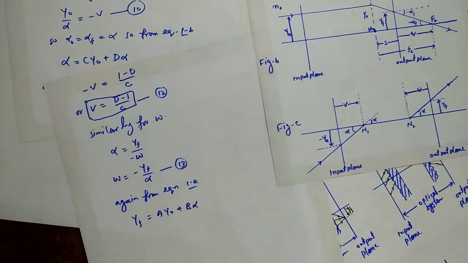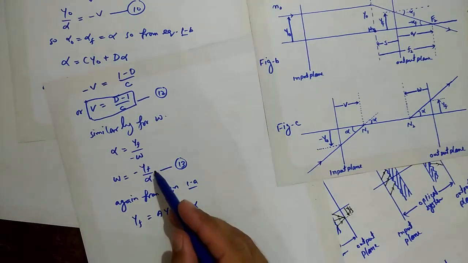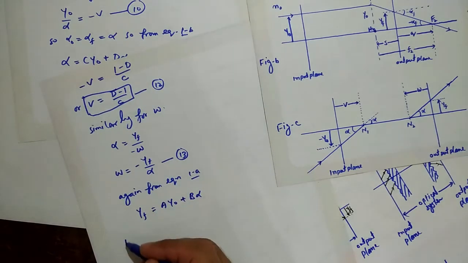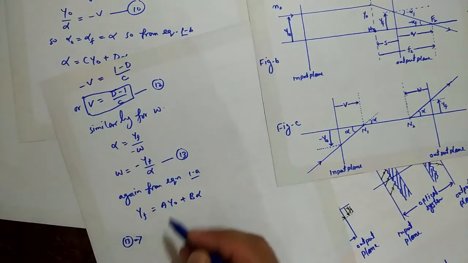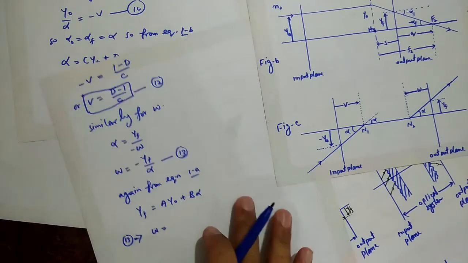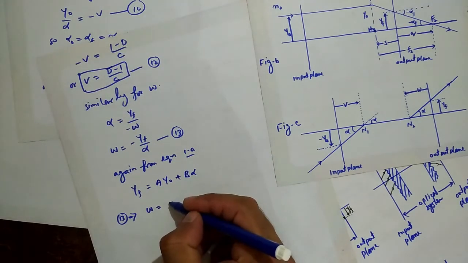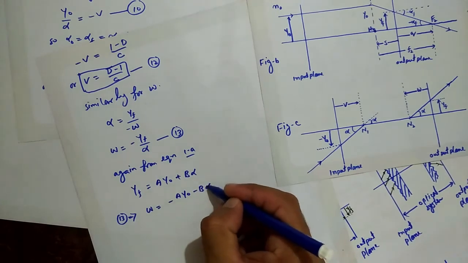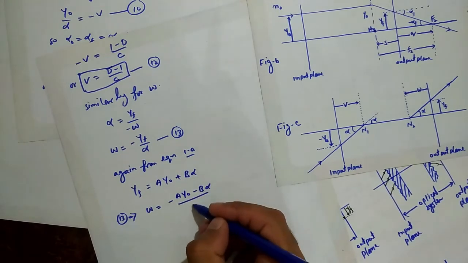Therefore, substitute this value in equation number 13. Therefore, 13 will become omega is equal to minus a y naught minus b alpha divided by alpha,